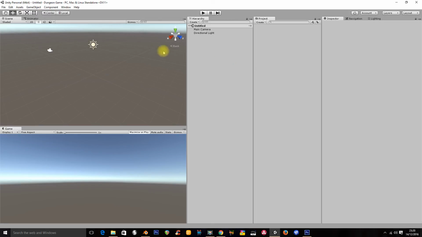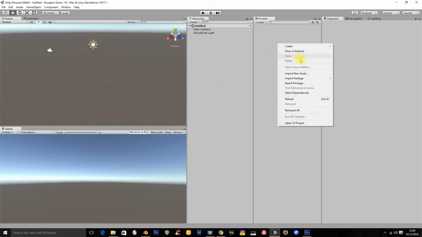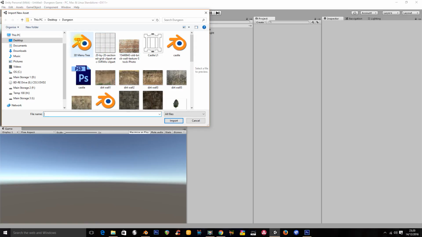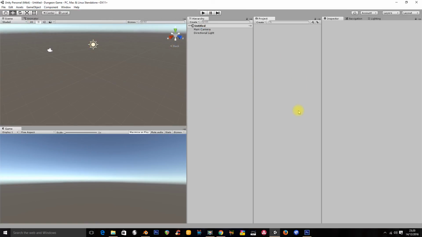So here I am in my generic setup. In the last tutorial we were in Blender, so let's import our asset from Blender, which is this 3D menu. Unity is going to create an FBX file from the Blender file. That will appear here in a second, and we'll be able to drag and drop this into